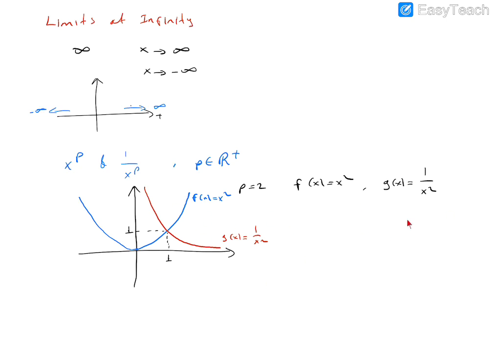On this example, we can make some observations. So in general, we can say that for the function f of x equals x to the power p, there is no upper bound on the values of x to the power p when x increases. So we indicate this behavior as the following limit. When x approaches infinity, x to the power p goes to infinity. Or x to the power p goes to infinity as x goes to infinity.